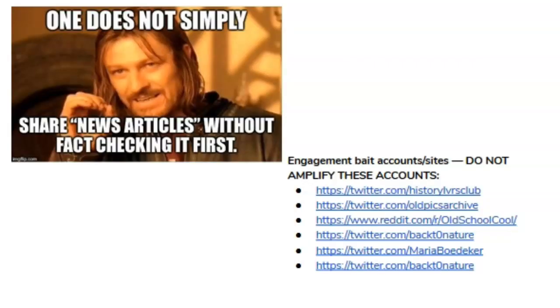So just a few examples of how many bait accounts exist on social media and even in online news ads. There is History Lovers Club, Old Pics Archive, Old School Cool, etc. They're seemingly innocuous names, but if you're aware of the many ways in which disinformation exists, you'll have a better idea of what red flags to look for. This is called digital forensics, and it's a life skill that will be one of the most important tools you have going forward into the 21st century and into each election season, I would add.